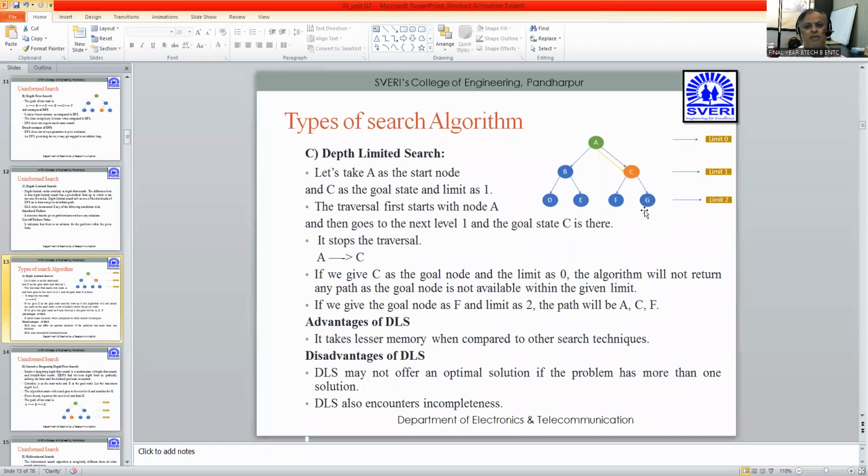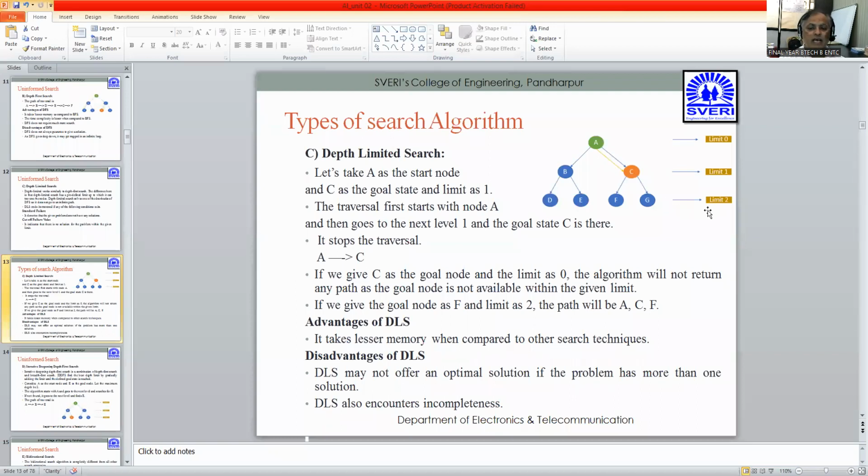सो अगर मैंने बोला कि F को ढूंढो और मैंने लिमिट 0 दी है, तो वो टर्मिनेट हो जाएगा, क्योंकि वहां पर कोई गोल नोड अवेलेबल नहीं है। सेम थिंग, मुझे F को दिया है और लिमिट 1 दिया है, तो इस जगह पे वो आएगा और देखेगा कि F तो उस लिमिट में नहीं है, तो वो टर्मिनेट हो जाएगा। इसका मतलब वो अवेलेबल नहीं होने की वजह से वो वैल्यू कोई देगा ही नहीं।